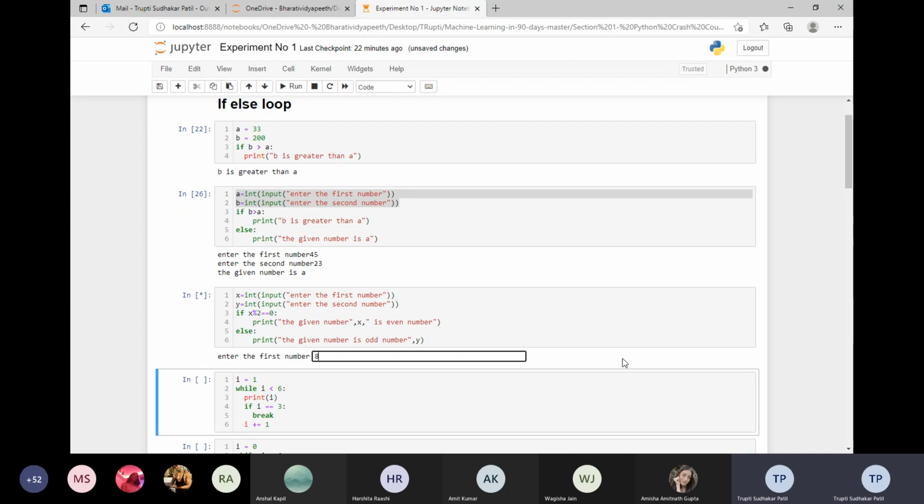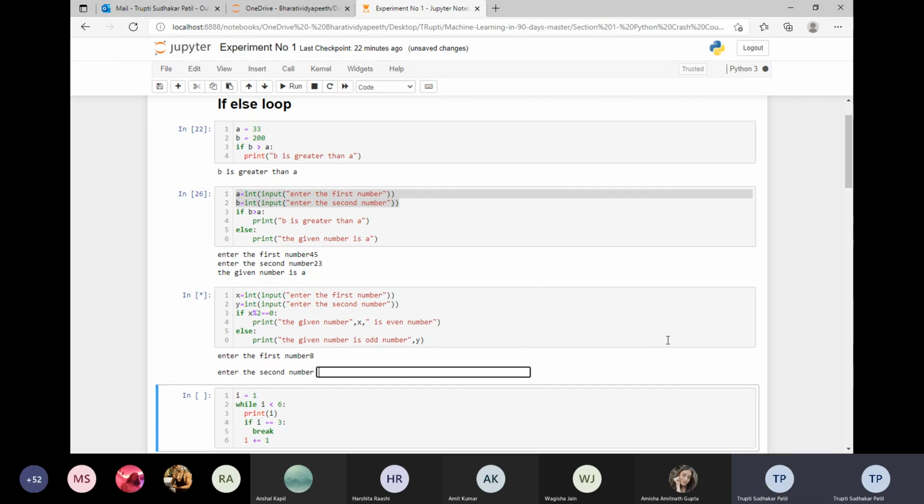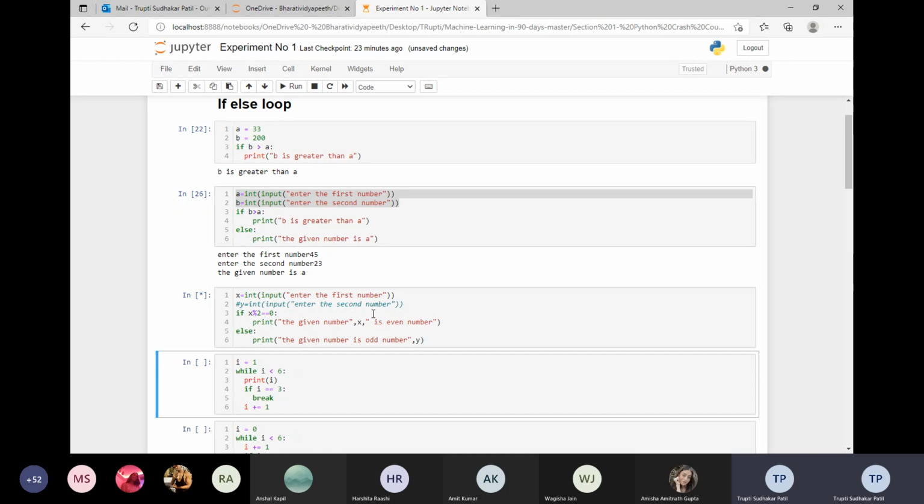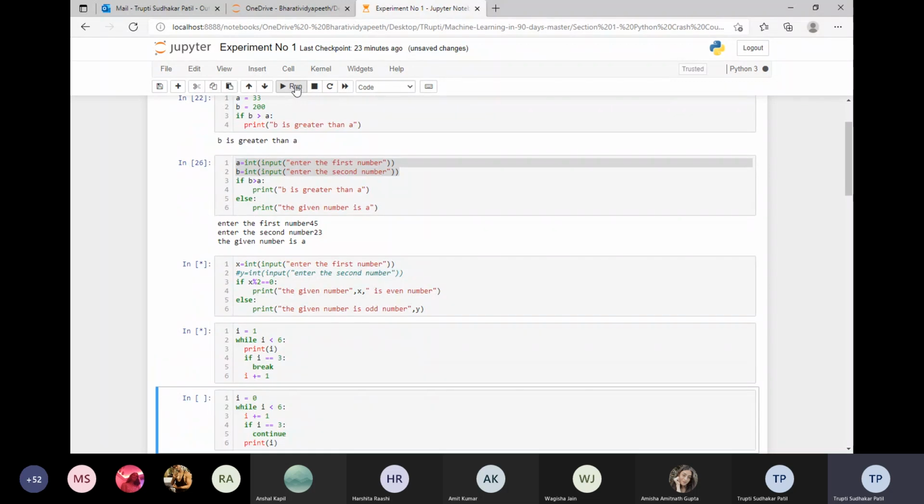Let us see 8 number. Oh, why is he asking? Sorry, I have to make it a comment with a hash because we required only one number. So I will run it again. Okay. This means it is running. Whenever such a sign is in Jupyter Notebook, the program is running.